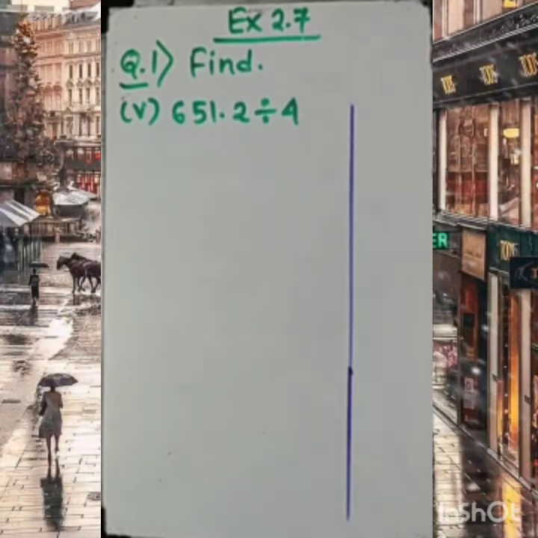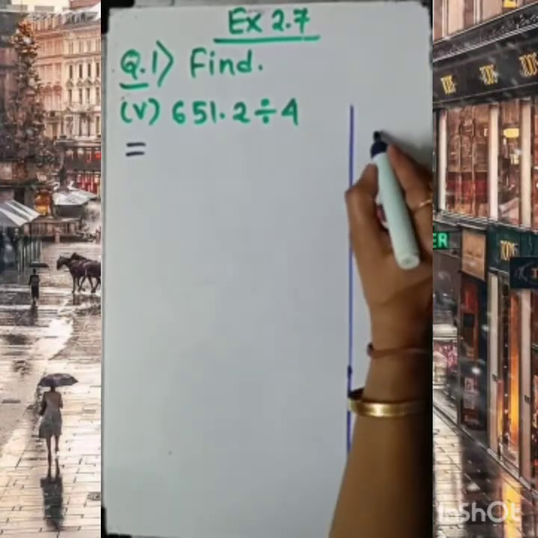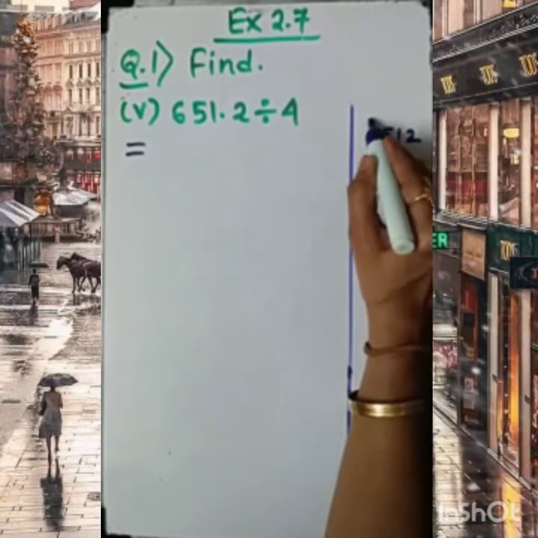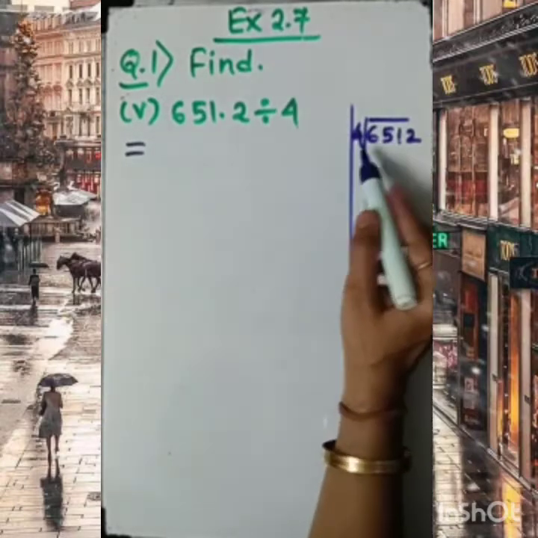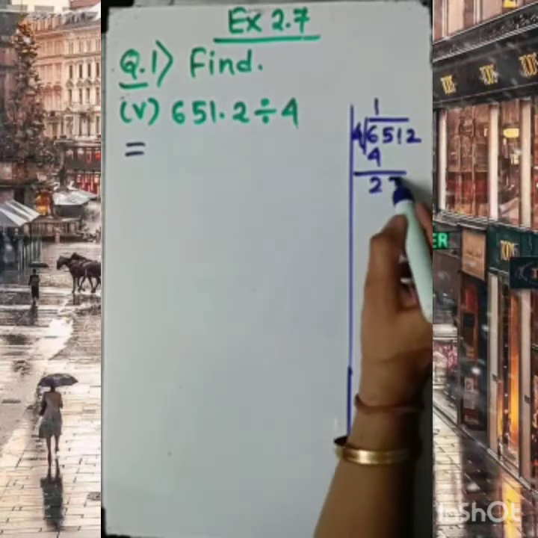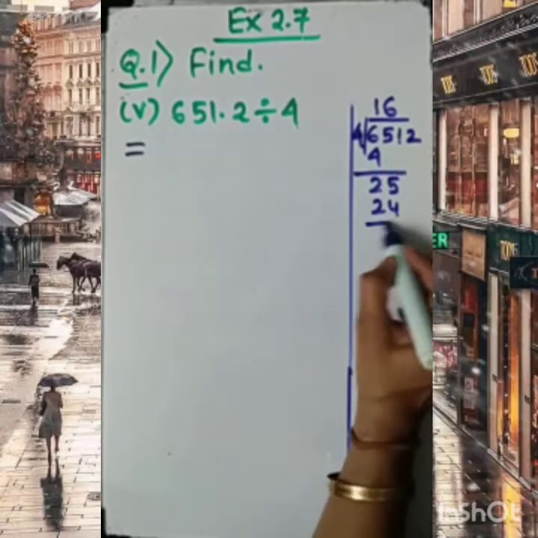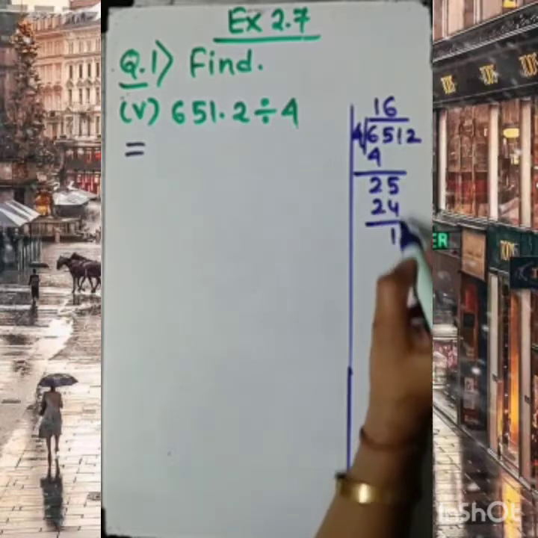Here also, the fifth one, 651.2 divided by 4. As I told you, forget this decimal for a while and think you are having only this much number, 6512. We are going to divide it by 4 only. Okay, here I am mentioning 4. So 4 1 ja 4, 6 minus 4 is 2, let me bring 5. Again recite the table of 4, then 4 6 ja 24, nearest to 25. 25 minus 24 is 1. Let me bring 1 again here.